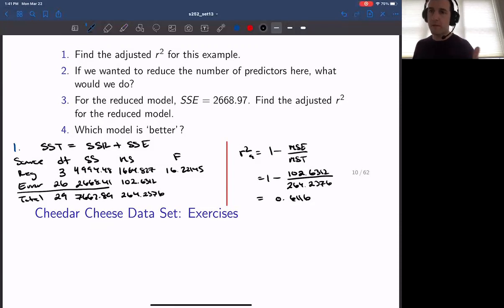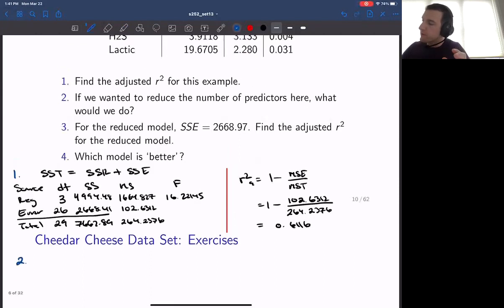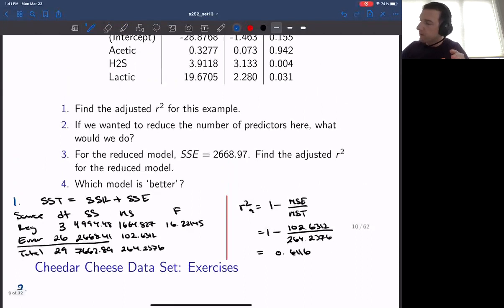Now again, the purpose of introducing the adjusted R-squared is to give us an evaluation of the model that would be more fair if we considered other MLR models for the same data set. So in exercise number 2, it says, if we wanted to reduce the number of predictors here, what could we do? All right, well, we could say remove the